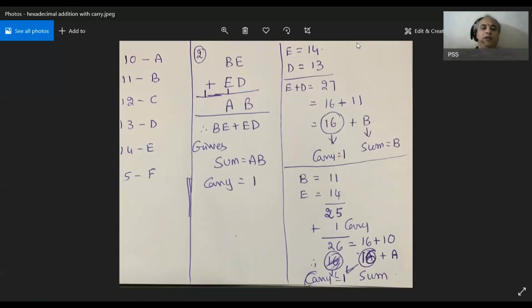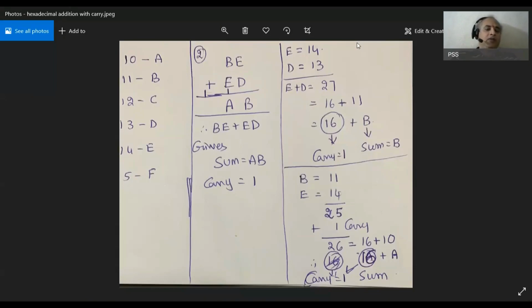So when you add this BE and ED, you will get the sum as AB and carry as 1. How? When you add BE with ED, in the first step you have to add E with D. You know the value of E as 14 and D as 13. So when you add E plus D, you are adding 14 with 13.